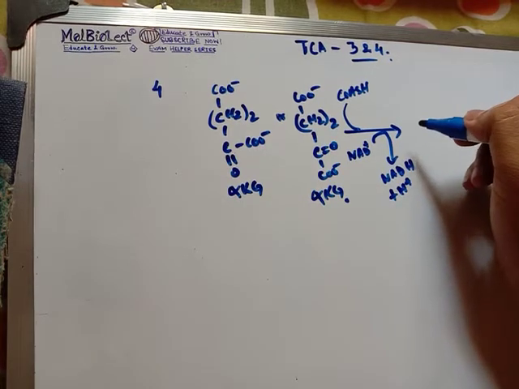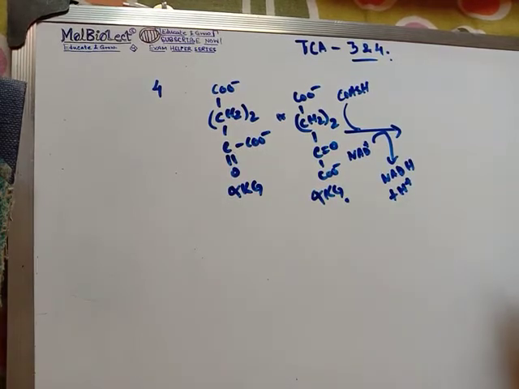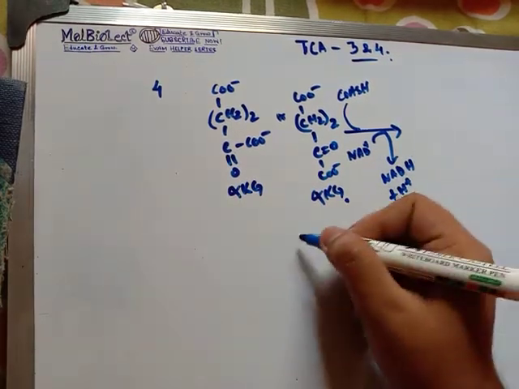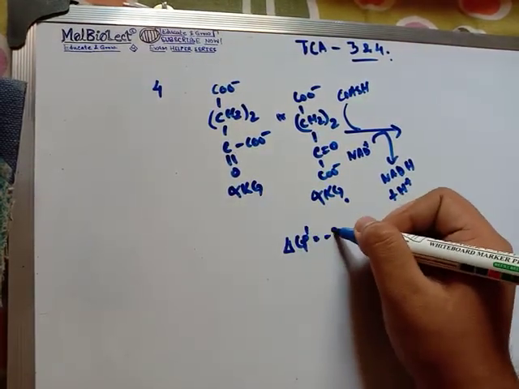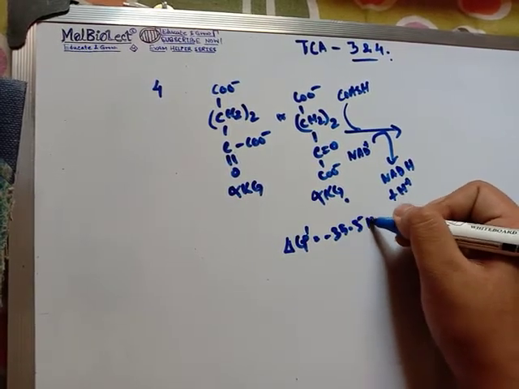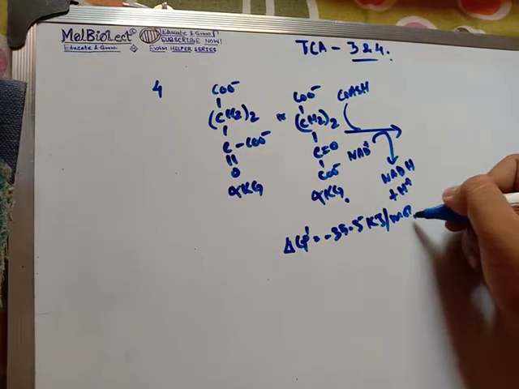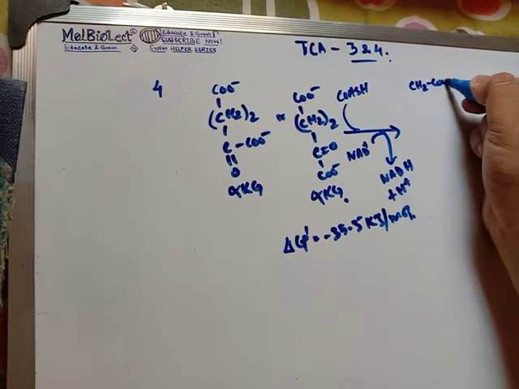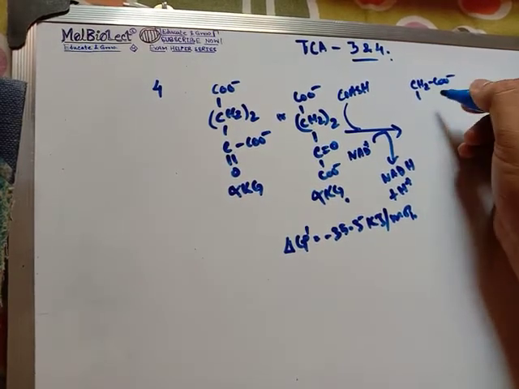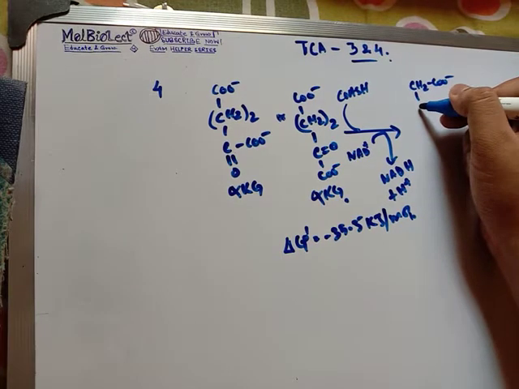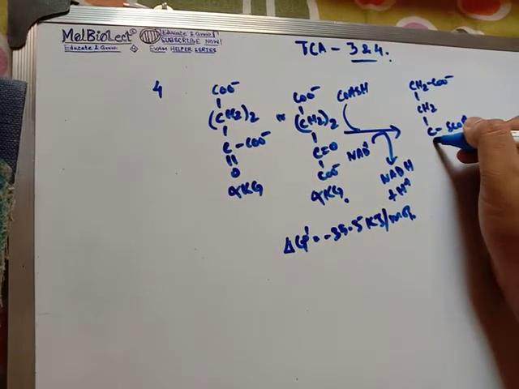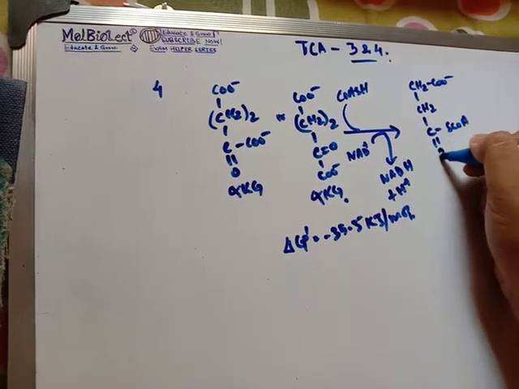So essentially this happens, the del G value for the previous reaction is actually not that important, but for this reaction it is on the negative side, and it's del G0 dash equal to minus 35.5 kilojoule per mole. Okay, and the product formed is basically succinyl CoA, which is CH2 CO minus. This thing remains constant throughout, CH2 CO minus, except for some steps that we are going to come to, CH2 CSCoA. Okay, now SCoA is over there, so C double bond O.